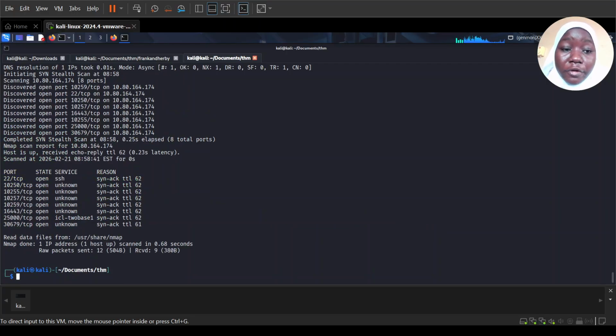Now that we have our results, we can see that we have 8 ports in total, and port 22. Okay. So the next thing I'm going to do is to run a detailed scan using Nmap. So I do nmap, then I tell it I want an aggressive scan for these specific ports, -p 22,